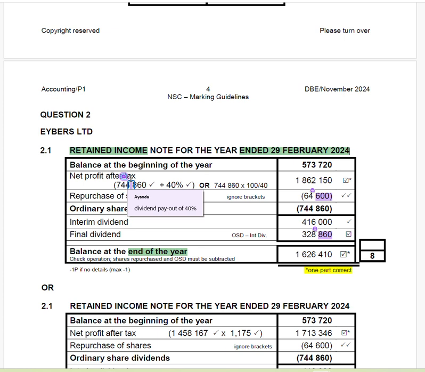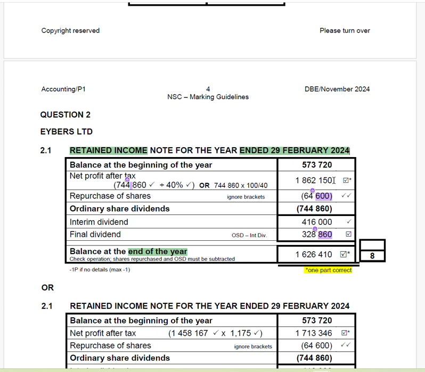How are we going to get that amount? We have been told what is the payout ratio and what is the total dividends. As I've said when we're going through this scenario, you need to divide by 40% because to arrive at this amount, they had to multiply by 40%. So if you multiply back this amount by 40%, you'd get to the amount of dividends. So now since we know the total dividends, you're going to take that amount and divide by the dividend payout rate. Then you're going to get the net profit after tax, which you need for retained income, of 186